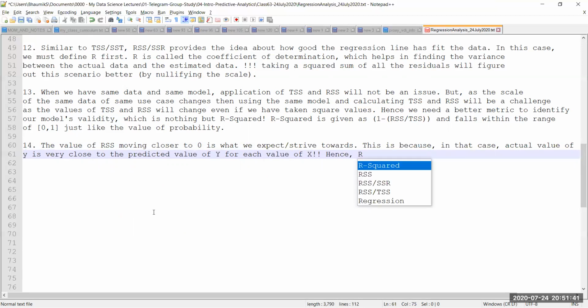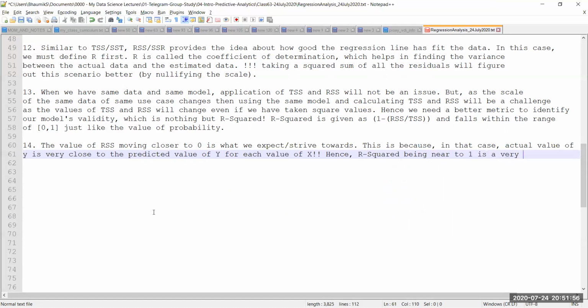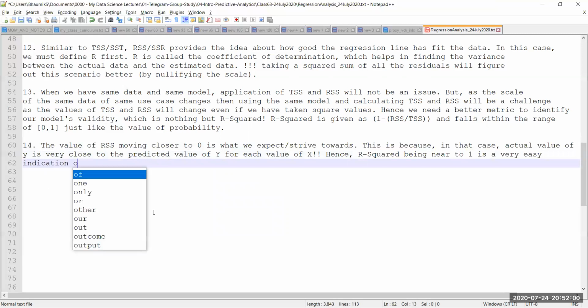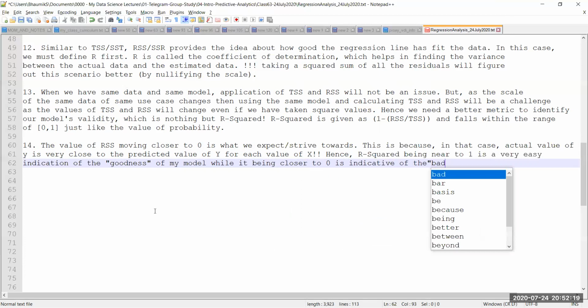Hence, R squared being near to 1 is a very easy indication of the goodness of my model, while it being closer to 0 is indicative of the badness of the model,